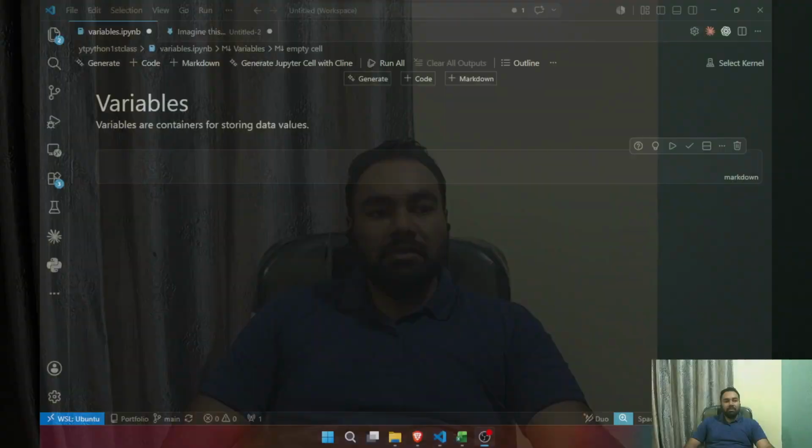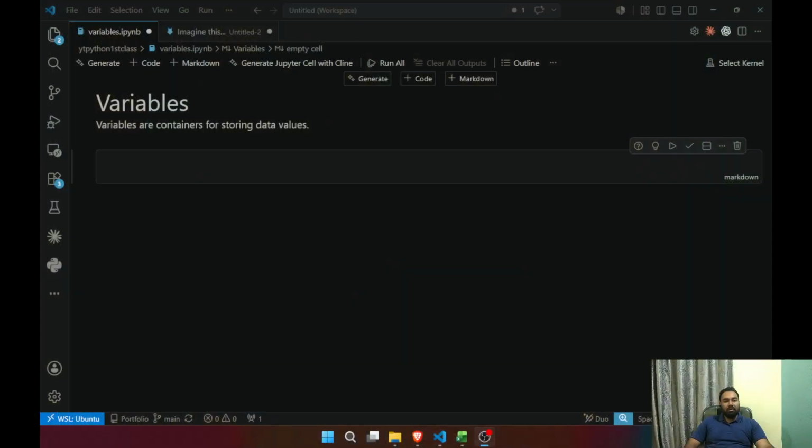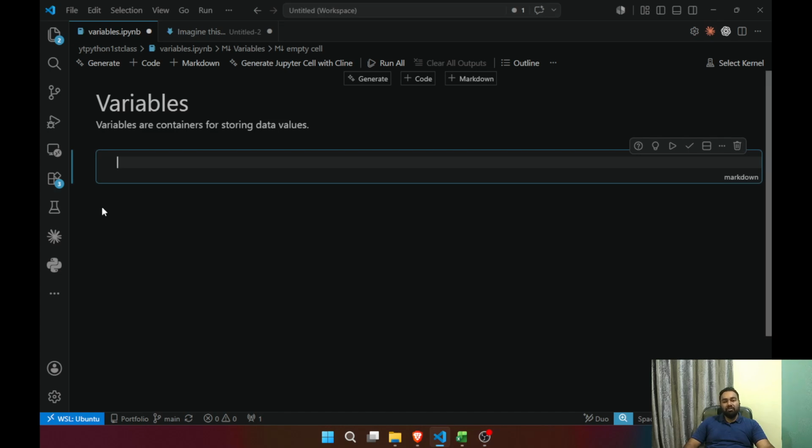So let's get directly to our Studio Code. Let me share my screen. I hope my screen is visible now. A variable is nothing but a container for storing data values. So let me create one variable here, name